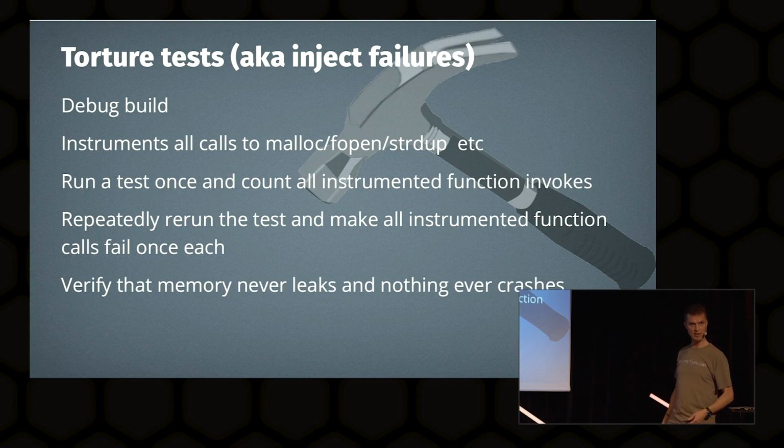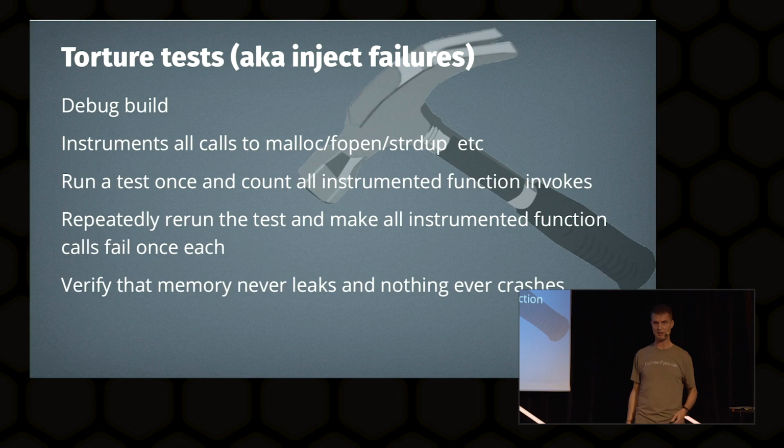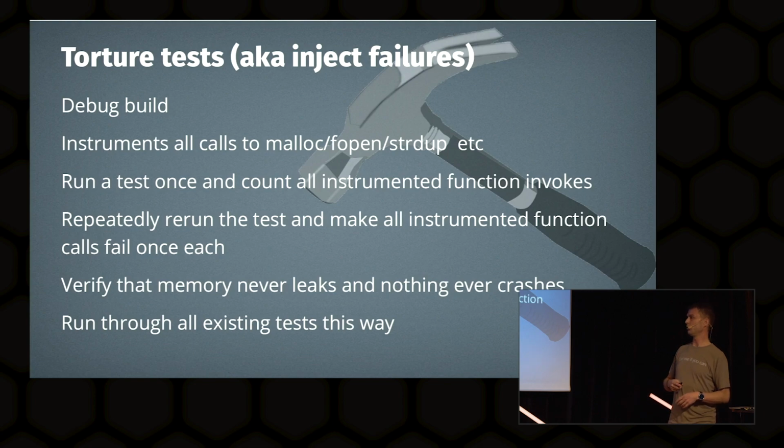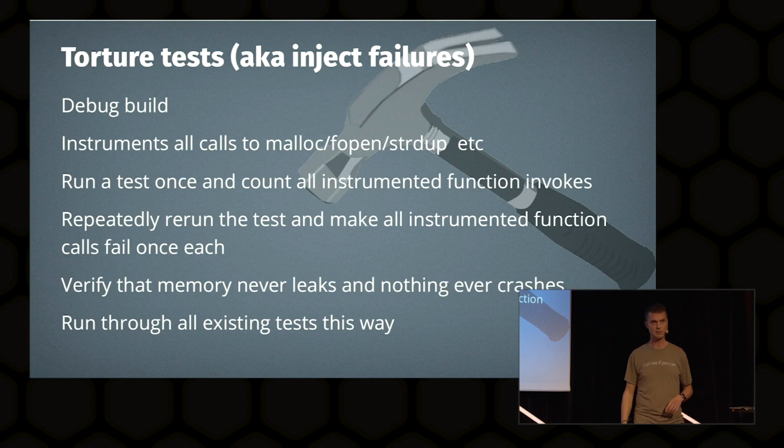There should never be a memory leak. You should never crash. Everything should be handled fine, even when we return failure for one of these. It's an awesome test. Again, it's horribly slow, of course, if it reruns 1,000 tests a few hundred times each. And some of those tests, especially with FTP and multiple connections and everything, take forever. But it's an awesome test.